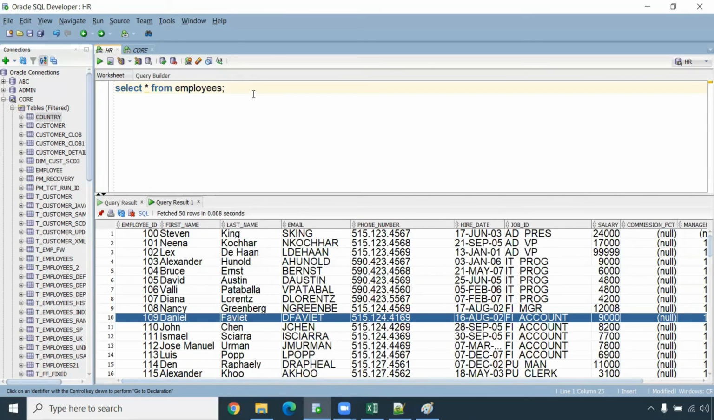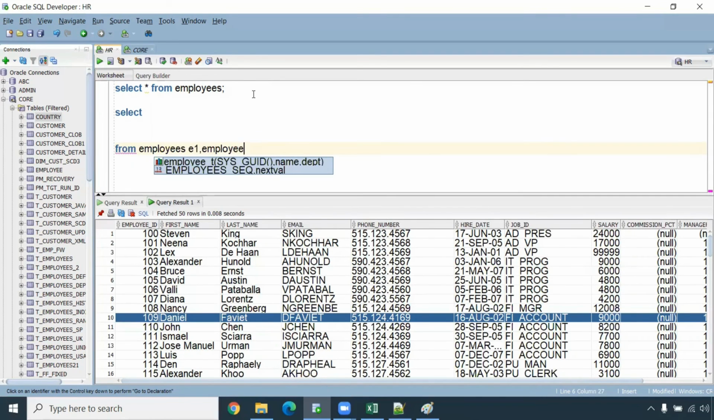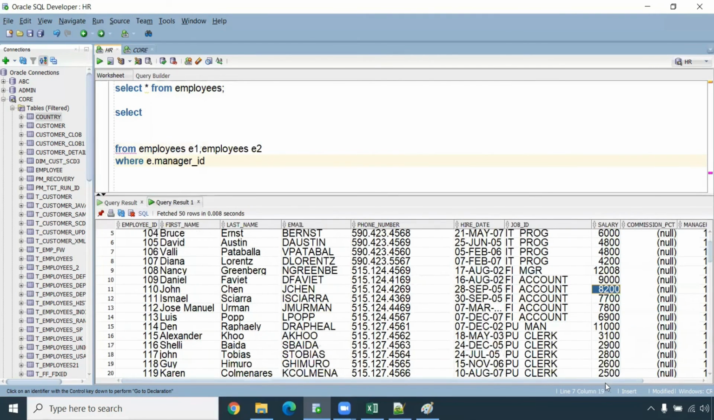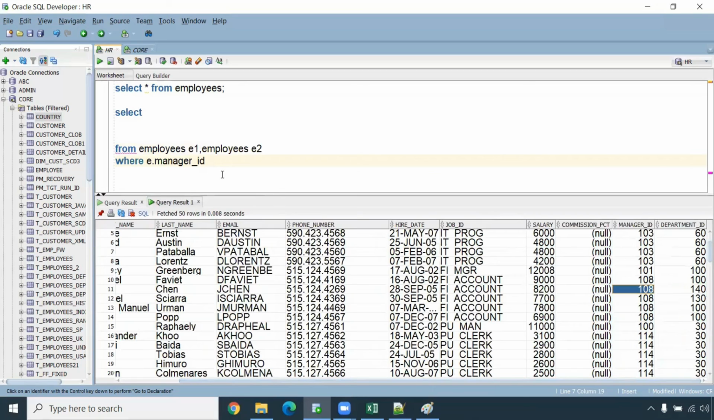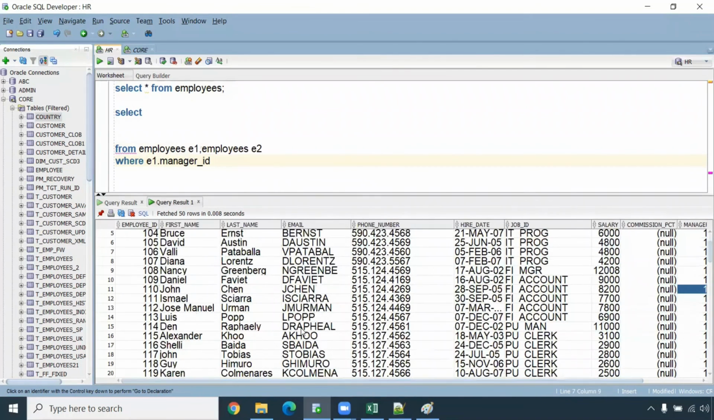So how to write query here? Same table we have to join it. Select column names from first table. So I can take employees table, employees E1, comma, same employees table, right hand side you consider, employees table E2, where E1 dot manager ID, you take the manager ID from here, and on the same table, you can join with employee ID. So E2 dot